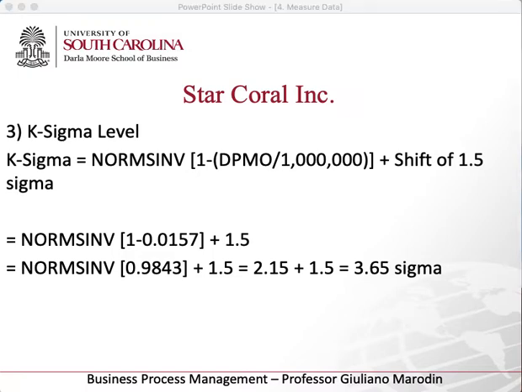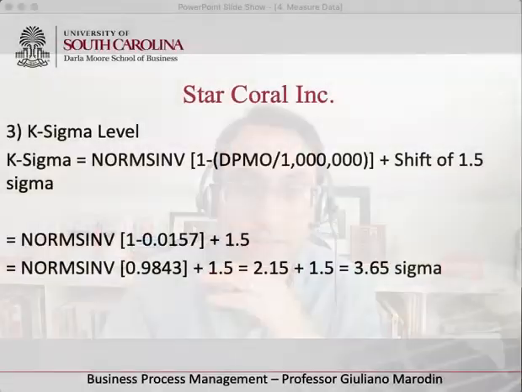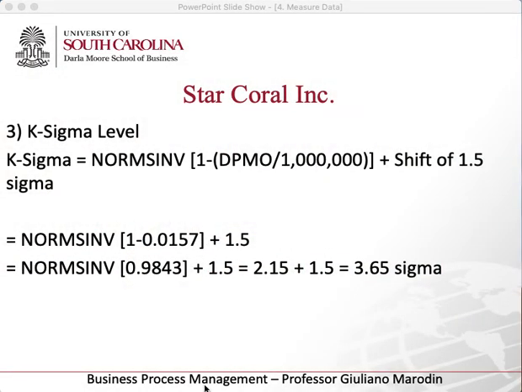So now we go to the KSigma level, and we're going to use again the norms inf that we used before. In this case, what we have is the percentage level of defects, right? And from that percentage, we need to go back and calculate that in sigma levels, okay? So we need to backtrack what we did a little bit differently than the